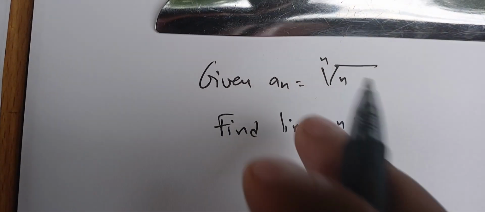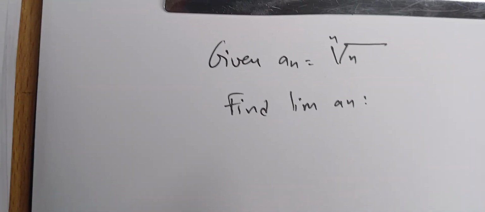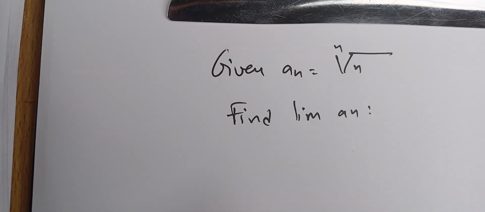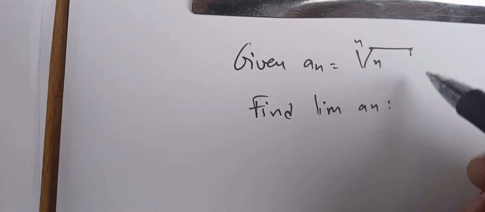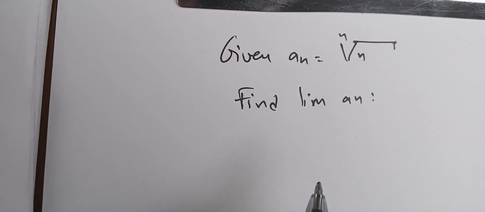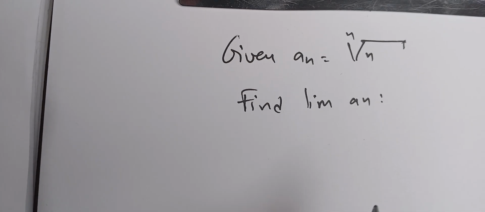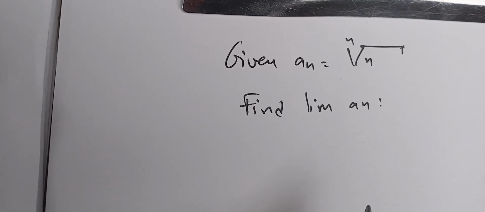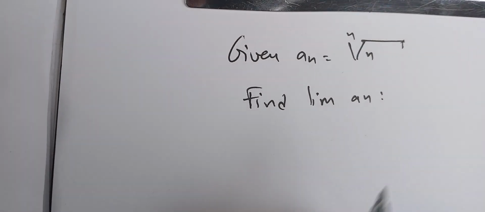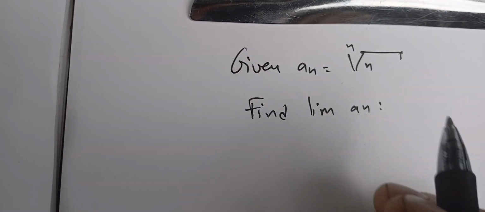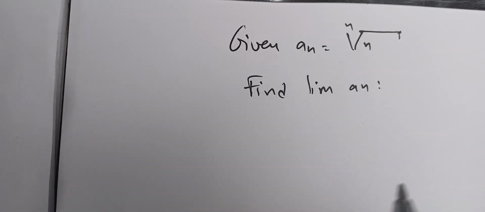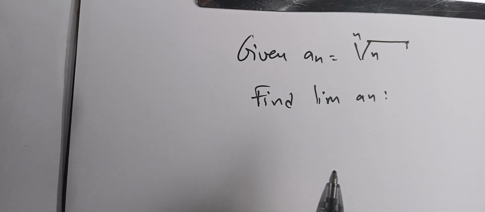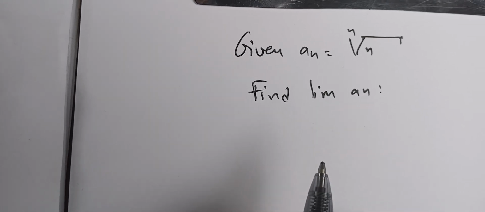Now, given this sequence a_n that's defined by the nth root of n, we want to find its limit. There are many techniques that we can use to find this limit. But the key idea is that we can use what we know to find the limit. The easiest thing that we can do is take the